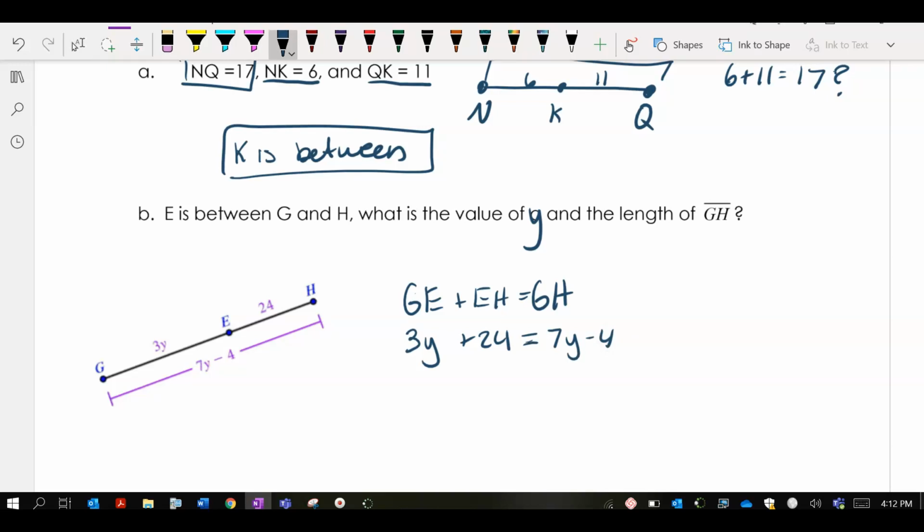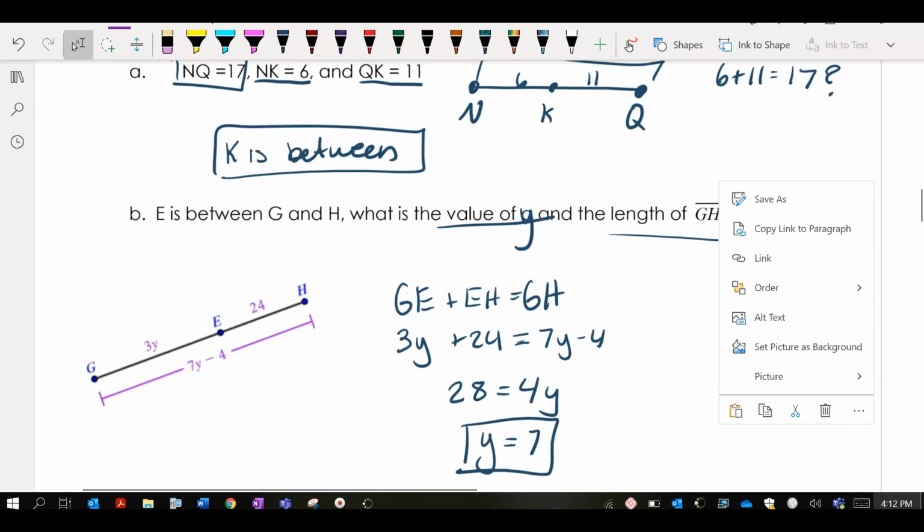So I'm going to end up having 28 equals 4y. Then we go ahead and divide. We will get y to equal 7. So y equals 7, but now the question is not over because it wanted the value of y and the